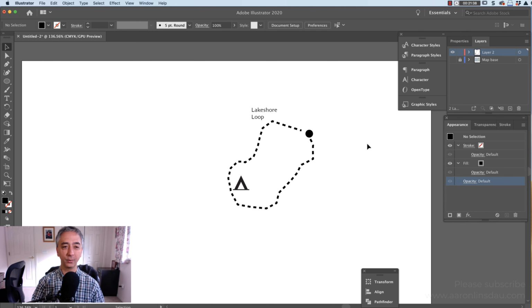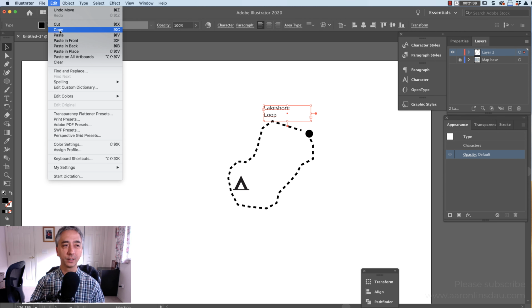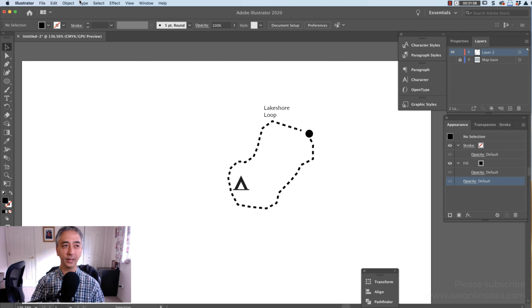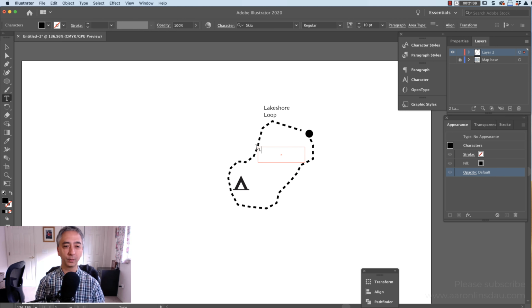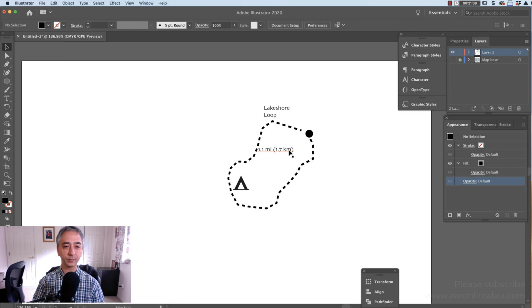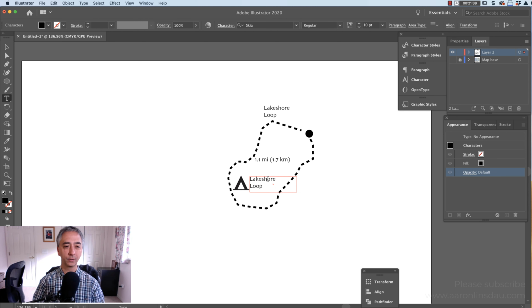So I will zoom out now and we'll see I've got my Lakeshore Loop. And let's say I don't want to type again, I want to keep the same font. You can do Edit, Copy, click away, go Edit, Paste, and now I can start cloning my text. And I know this hike is 1.1 miles or 1.7 kilometers. And now we know where this is. Let's call our campsite, Edit, Copy, Edit, Paste, and we're going to call this